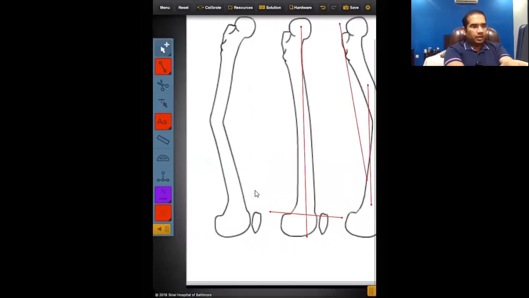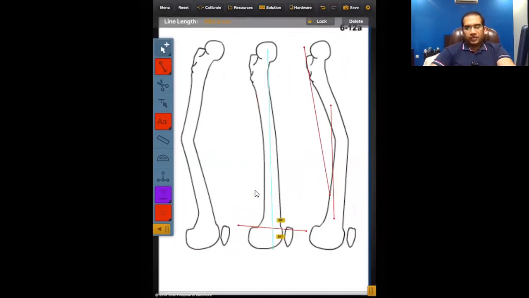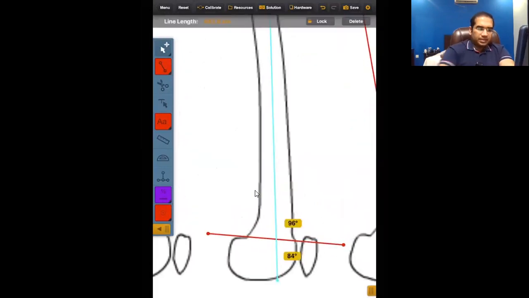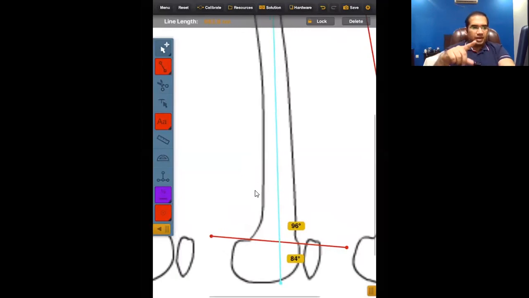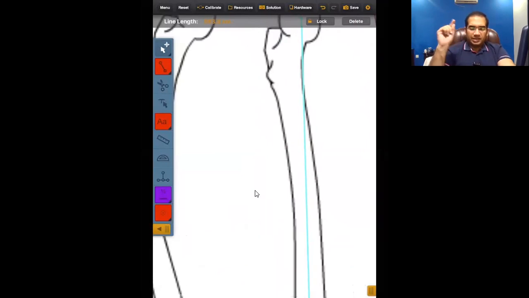So let us now examine this. I told you that you can also draw the mechanical axis of the femur. The lateral posterior distal femoral angle is the same in both anatomical and mechanical. Okay, so if you get a disturbed angle, you can know that there is some problem. The mechanical axis of the femur can also be drawn, but it will only tell you the first answer, the malorientation test, that is, is there any deformity in the femur or not. All the planning you need to do on the anatomical axis planning.